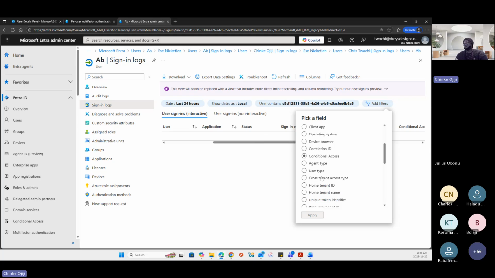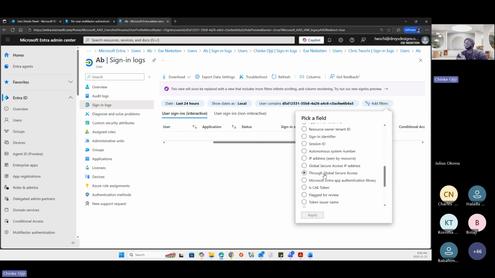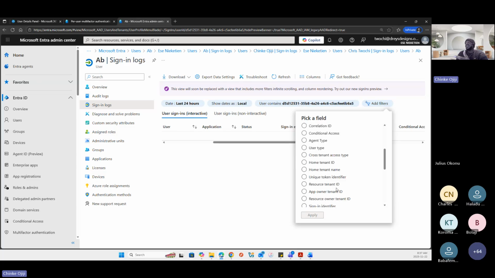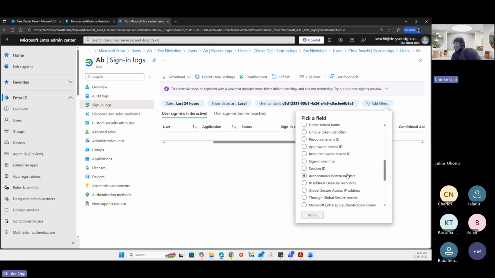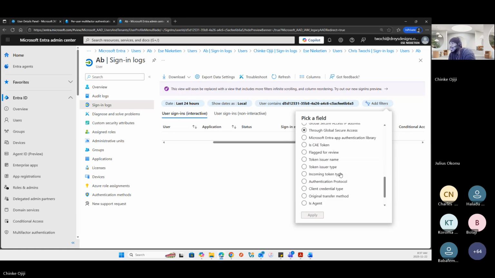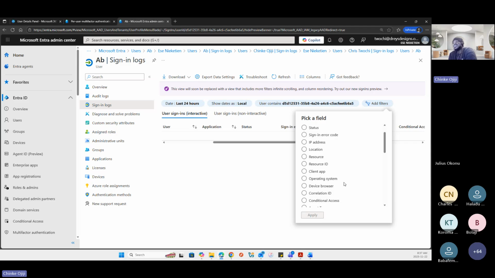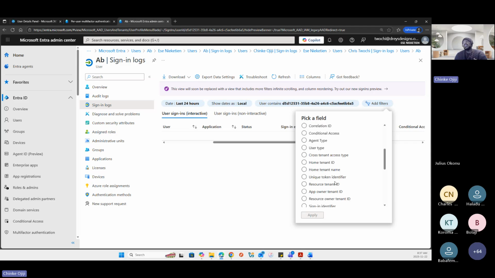You are looking at operating system, right? Because you know the operating system that is general across the organization, to try and narrow it down, right? And then you're looking at other things, device. I think there's a device here. Let's see. Agent. Okay, not device. Yeah, you're looking at device browser, though, not the device itself, but the device browser. You can use these things to also narrow down.